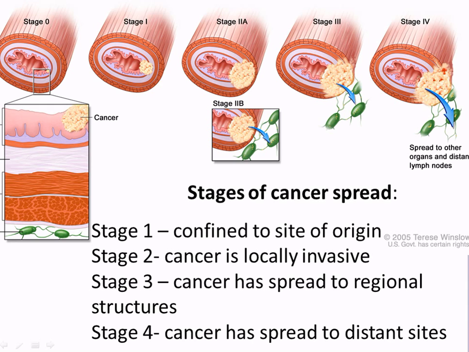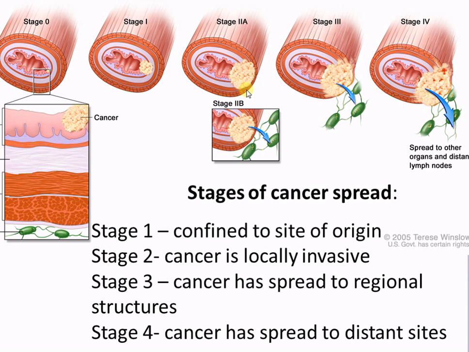Okay. And then this isn't an oncology class, so we're going to make things kind of general. When we talk about the stages of metastasis, we have 4 typical stages we'll refer to. The first one means it's confined to the site of the origin. What's that called? There's a name for that. In situ, yeah. So if it's still confined to the site of origin, it's in situ. So here's normal healthy tissue up here. And this one's stage 1 in situ. It's still in the same tissue. It hasn't moved out. Stage number 2, it's locally invasive.